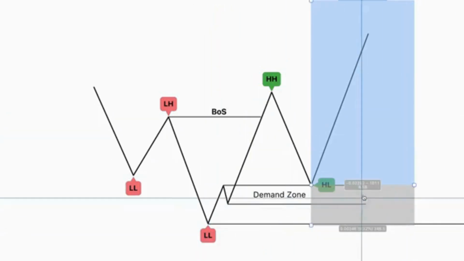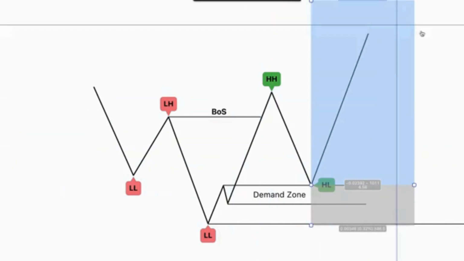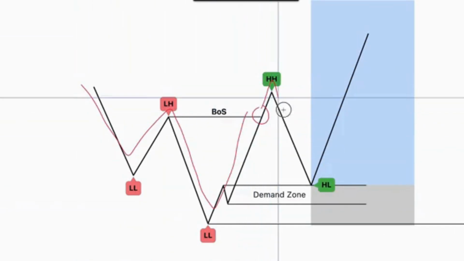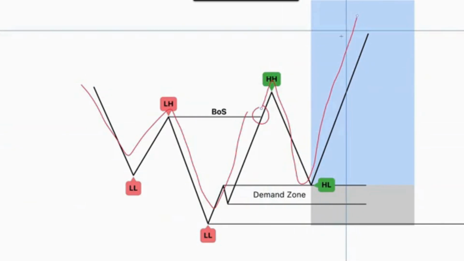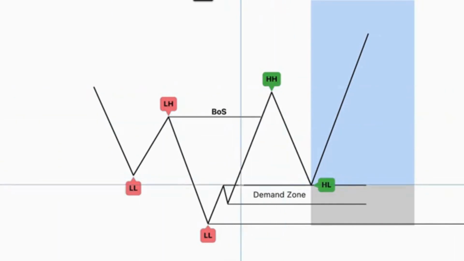So what we've actually created here is a high probability opportunity. Why? Because we are moving with the new direction of the trend. Break of structure here. We are now moving in an uptrend because the market's forming higher highs and higher lows. And the second thing is we've created a high risk reward area